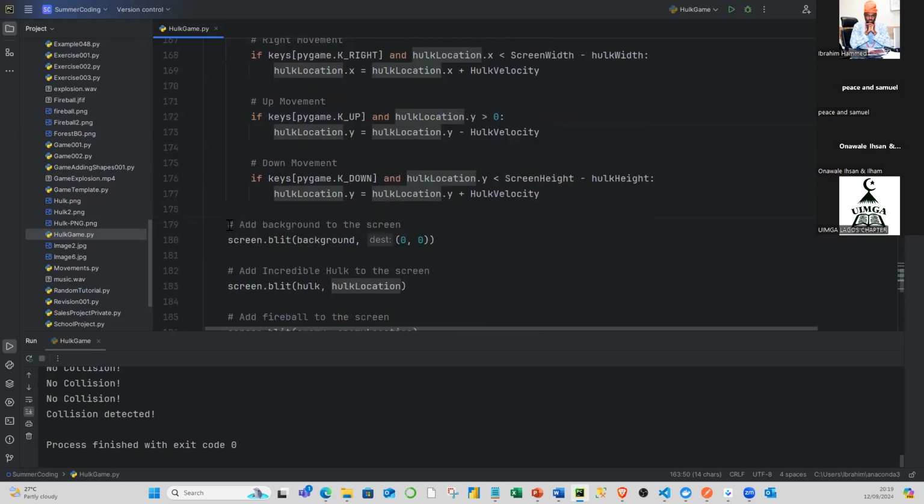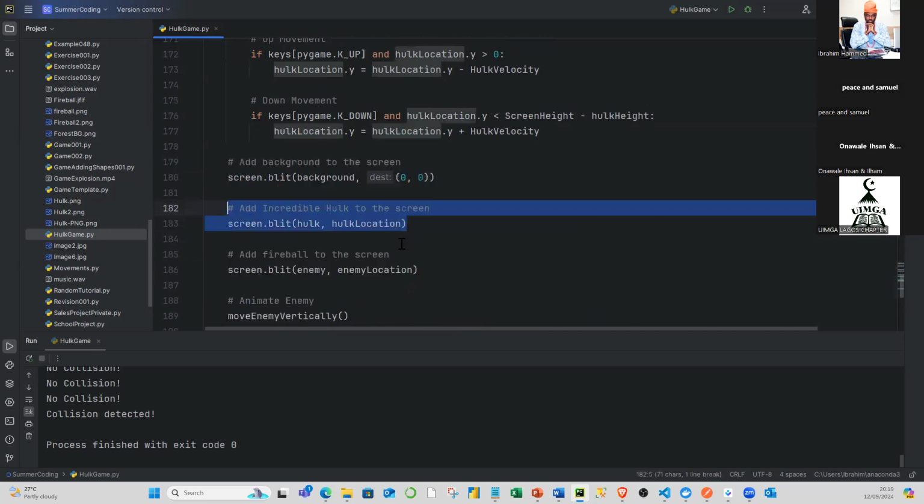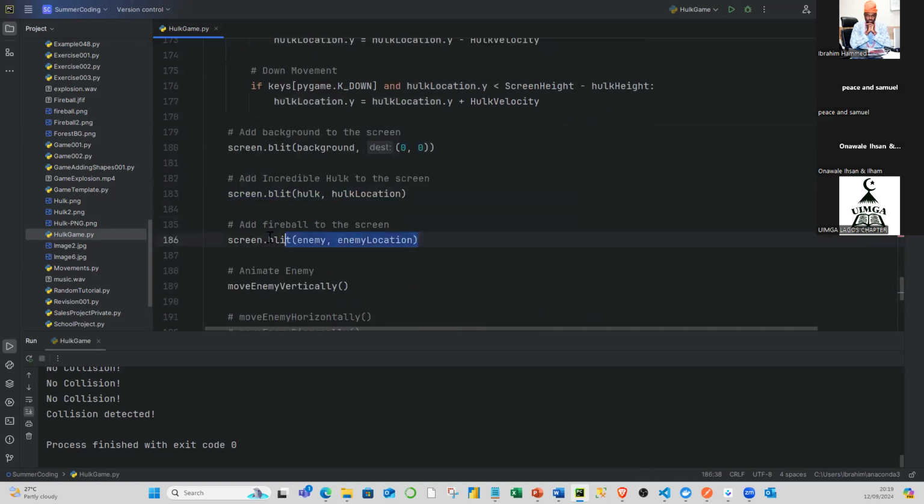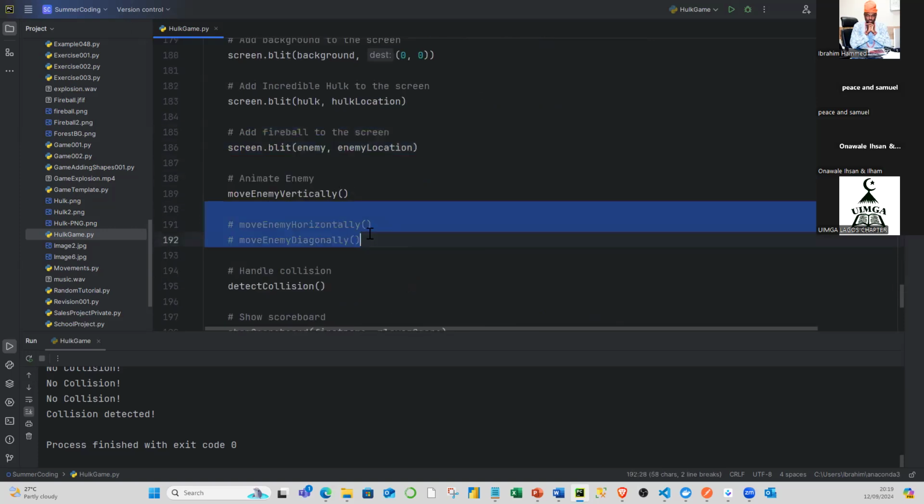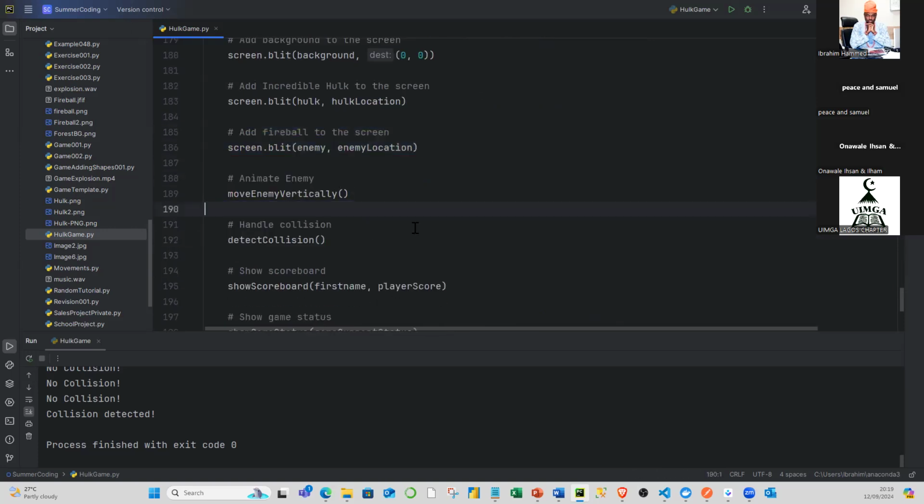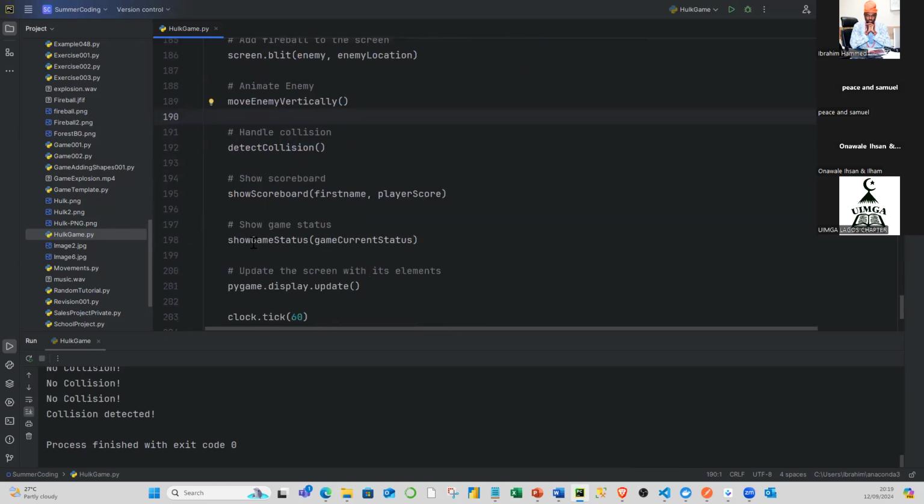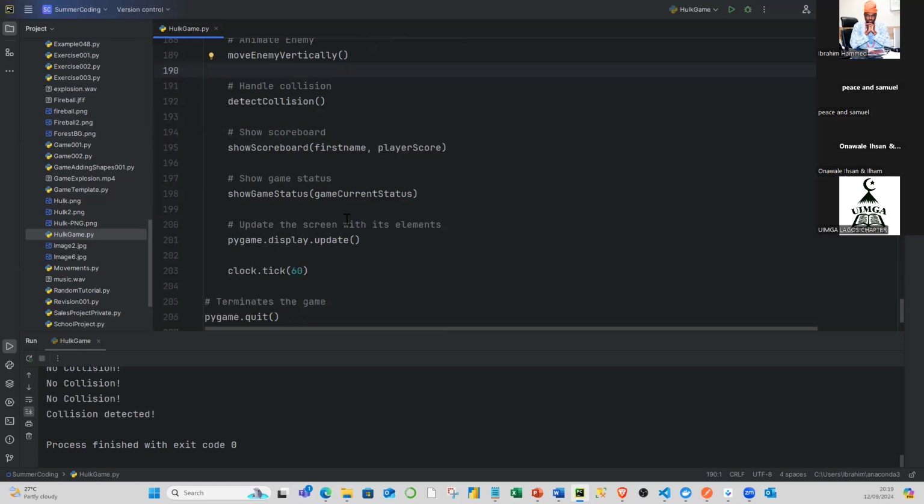Of course, this was where we added our background image, that beautiful forest image, which is somewhere on this left-hand side. Then this was where we added orc to the screen. This was where we added the fireball to the screen. This is where we added enemy to move. And this is where we detect collision, we display scores, we show status, and we always update